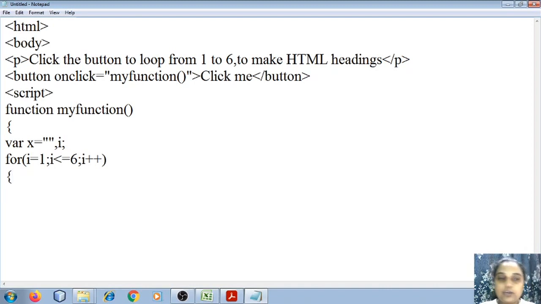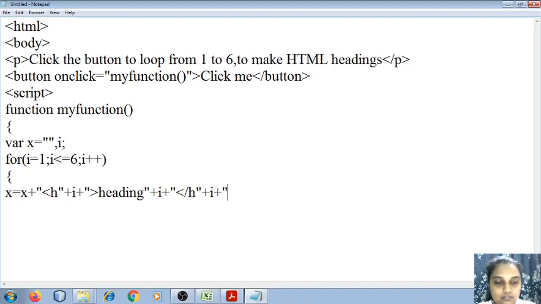So what do I want to do? I want to print the value. So I'm going to write x is equal to x plus, okay, this is the heading, concatenate it with i, and then I write it as heading, again concatenate it with i, close the heading tag, again concatenate it with i, okay, and then close the heading tag.